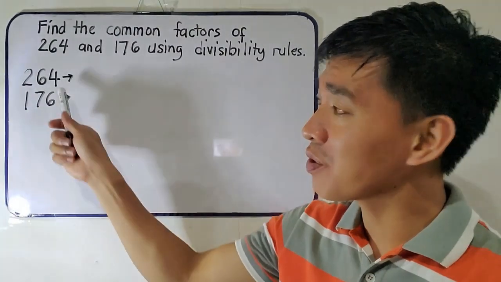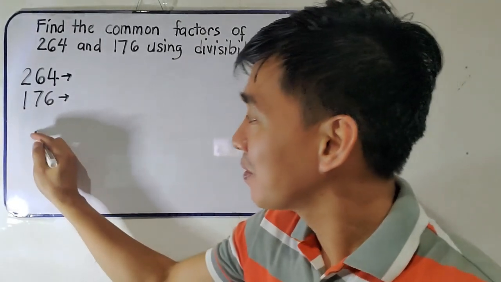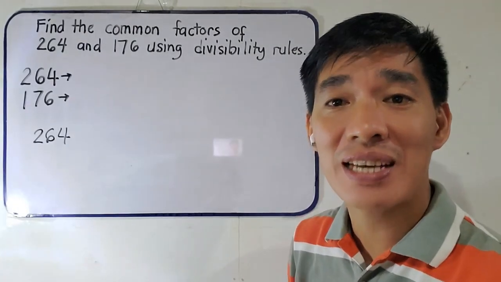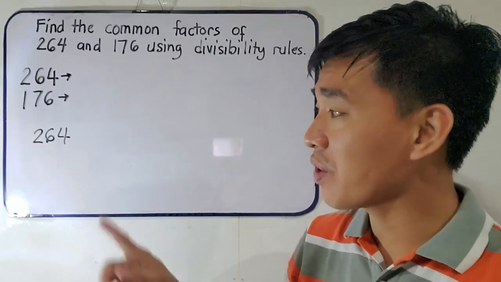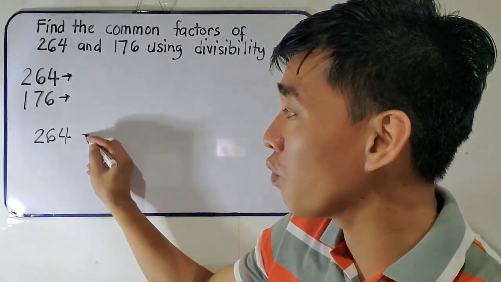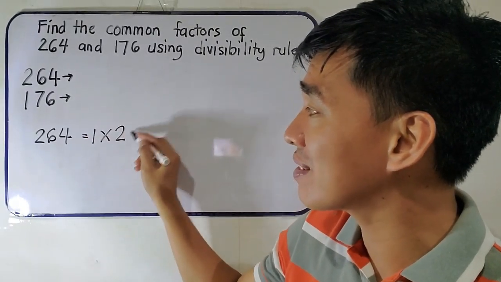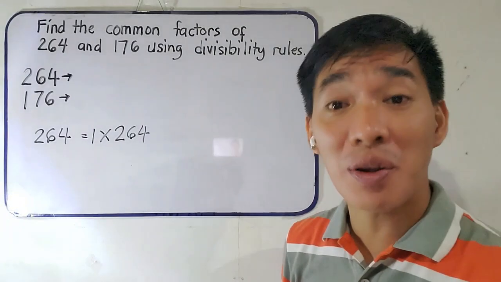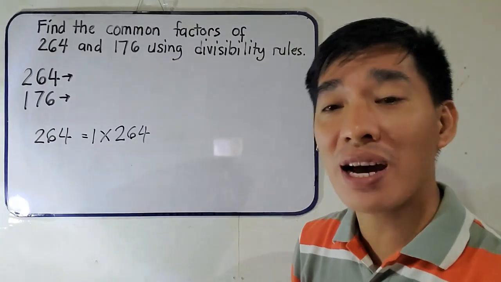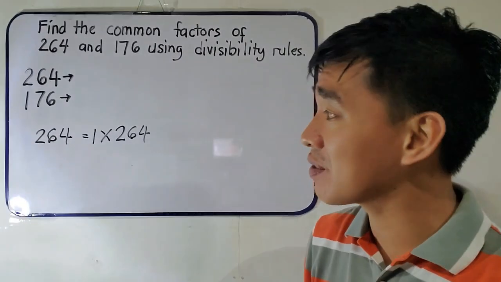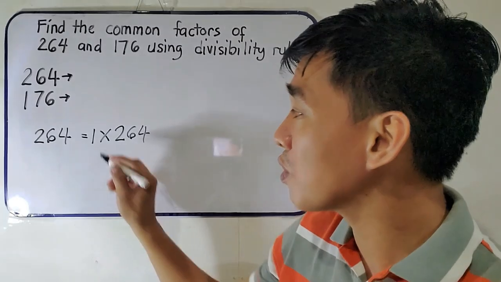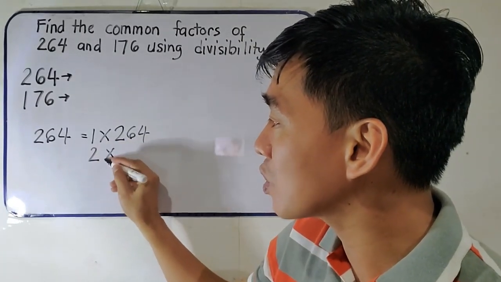Now, what are the factors of 264? Of course, because we already learned before that any number always has a factor of 1, we have to look for a pair of factors of 264. So the first one would be 1 times 264. Because we already learned all the divisibility rules from 2 to 12, it would be easier for us to look for other factors of 264. Obviously, 264 is an even number, so we also have a factor of 2, and that is 2 times